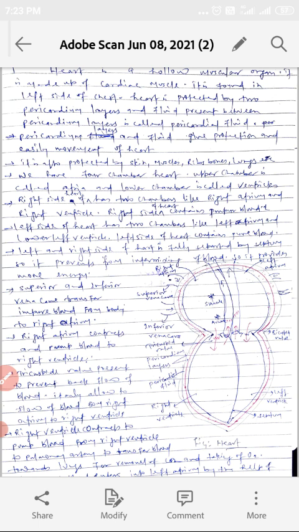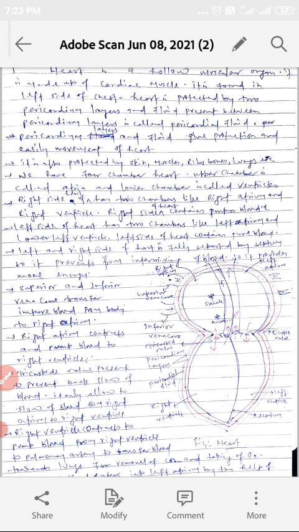Heart helps in pumping blood continuously throughout life without rest. Contraction of the heart is called systole and relaxation of the heart is called diastole. One systole and one diastole is called one heartbeat. Rate of heartbeat is 72 times per minute. It increases during exercise, anger, etc. In 1 minute, the heart pumps about 5 liters of blood in our body.